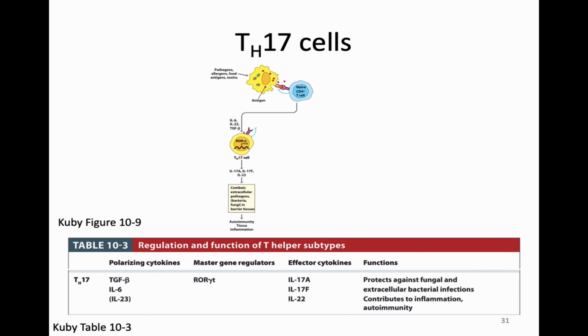IL-17 turns out to be really important in turning on neutrophils, and we now know that Th17 responses are really important for protecting against fungal infection as well as extracellular bacterial infection. There are a number of different autoimmune diseases that were originally tied to a Th1 response. That was because of experiments that were done blocking IL-12. We since realized that IL-12 has a cytokine that's quite similar to it, which is IL-23, and in some cases those studies were blocking IL-23